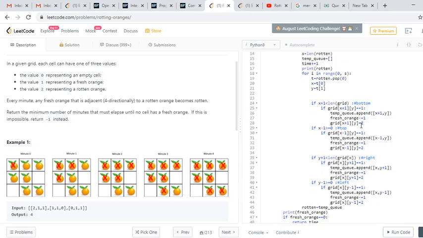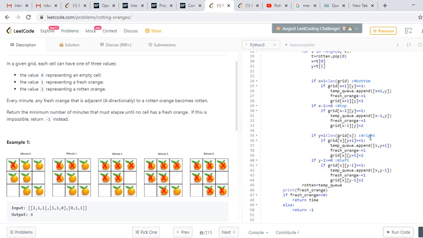I'm doing the same for the top, where I'm checking it must be greater than or equal to 0. Now I'm checking the same one, if it is a fresh orange, so I will put it into the temporary queue, decrease the fresh oranges, and mark that place as rotten.